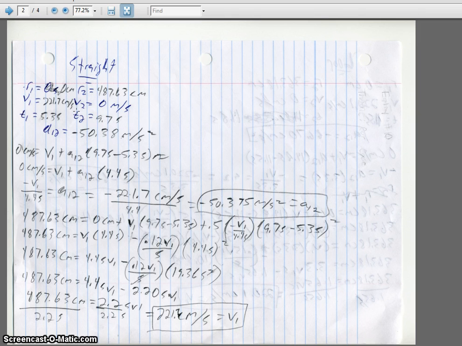R2, I measured that. Velocity, the second one stopped, so it's going to be 0, of course. I knew that from the video as well. Ending time, start time, end. Acceleration and velocity is what I need to find out. And it's losing energy, so of course the acceleration is going to be negative. Alright, and then